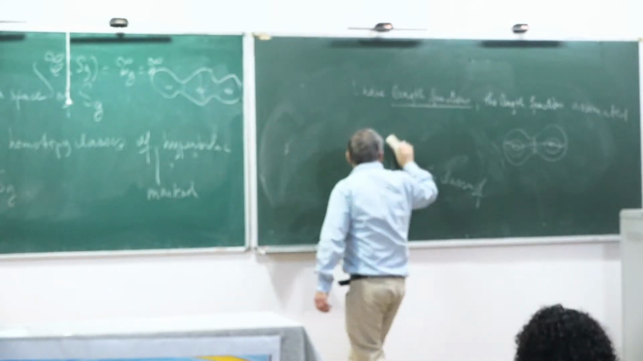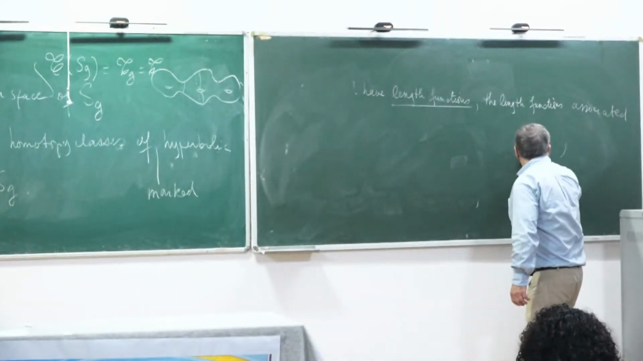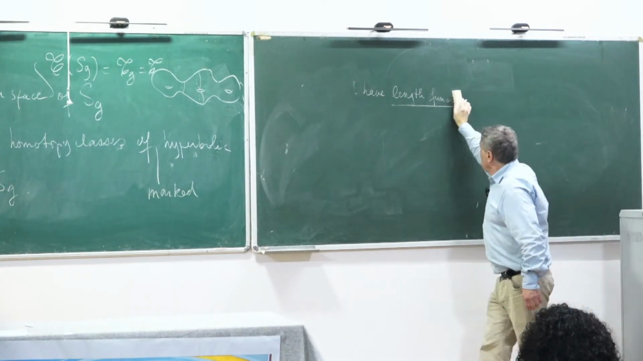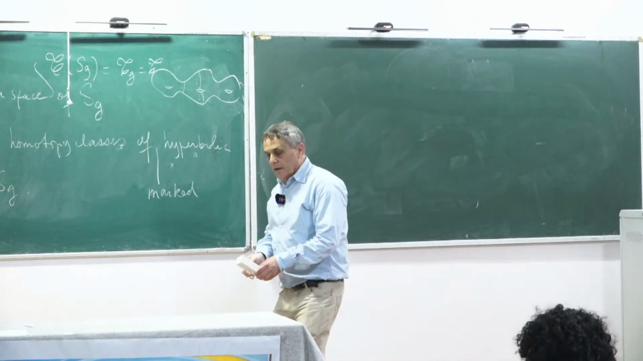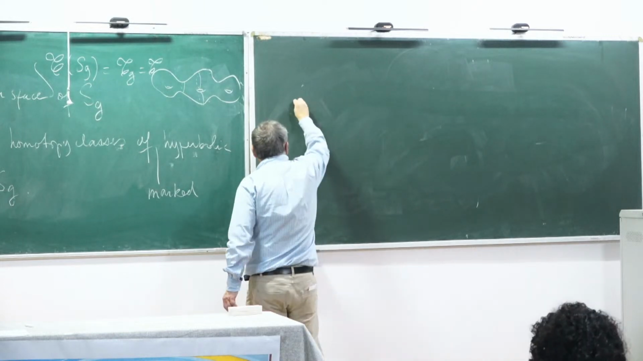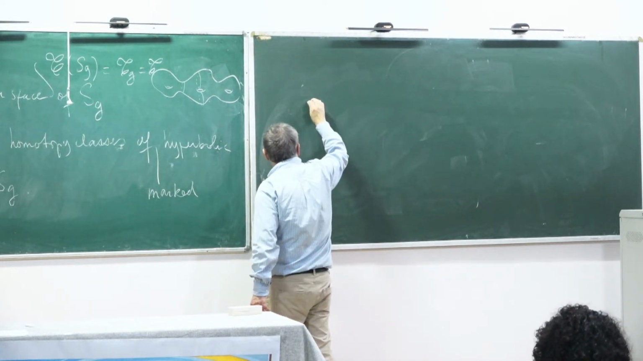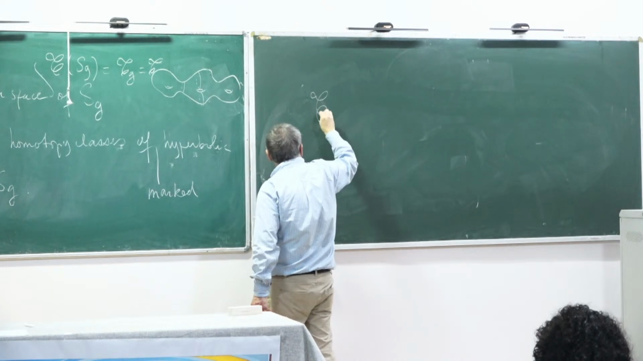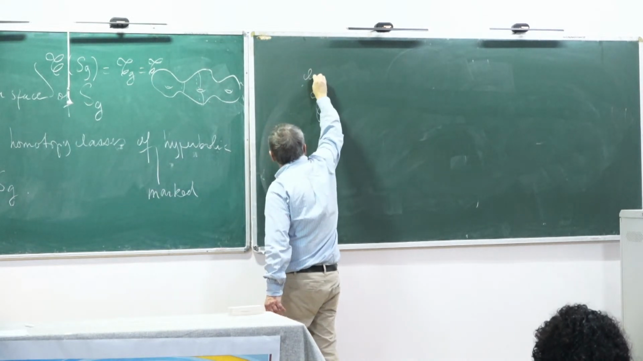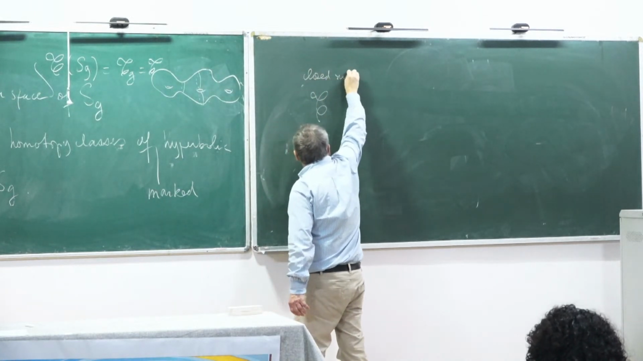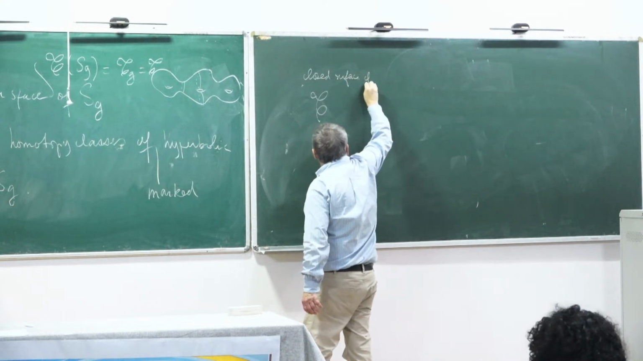Not very difficult. You remember I told you that the Teichmüller space of a closed surface of genus G